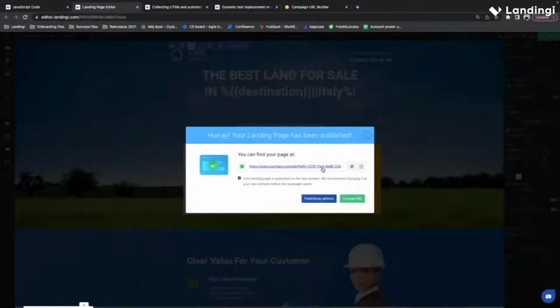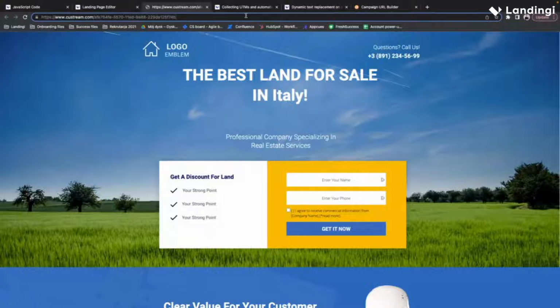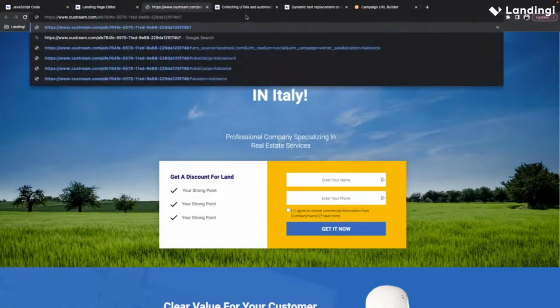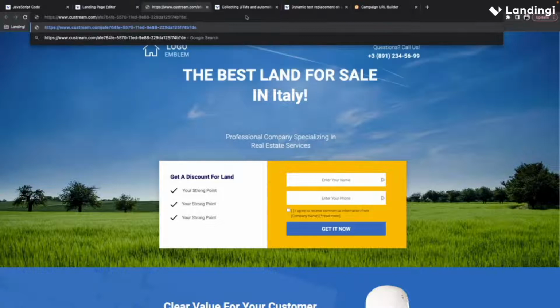After we have the landing page, let me enter it. Earlier on, we used the campaign URL builder. This time, I will try to create that from scratch manually. So I'm just typing question mark destination, and for example, let's take our Chicago here, and let me click enter.